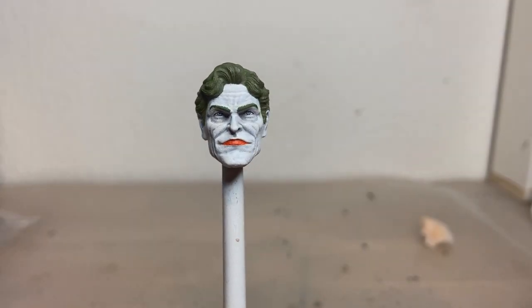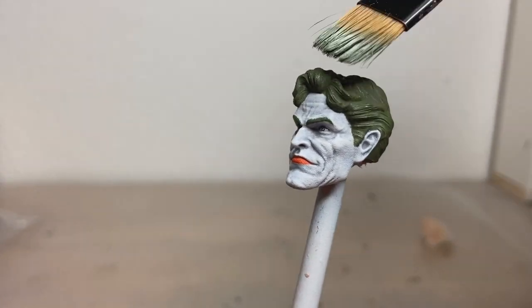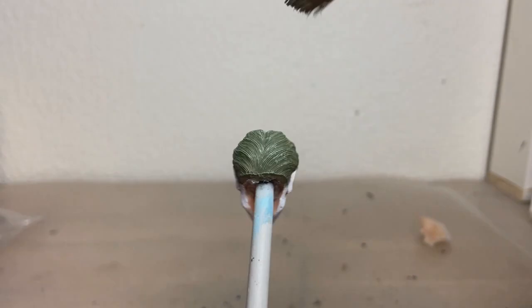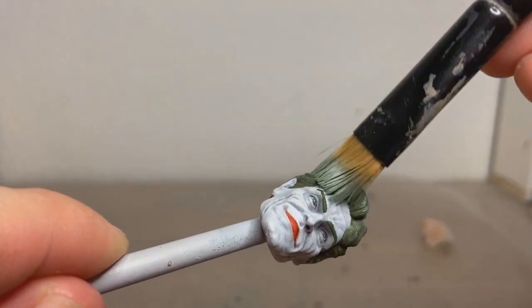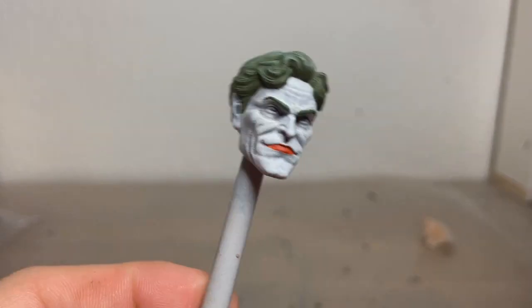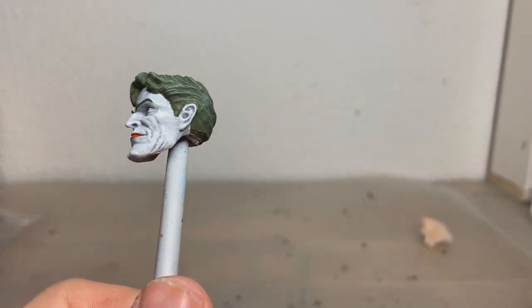Okay, so now we just added some white to the same green, and we're gonna see what a dry brush looks like. I think this might be a little bit too bright. Or, actually maybe... No, I don't know. I think this looks pretty decent, actually. Gonna need a smaller brush for...